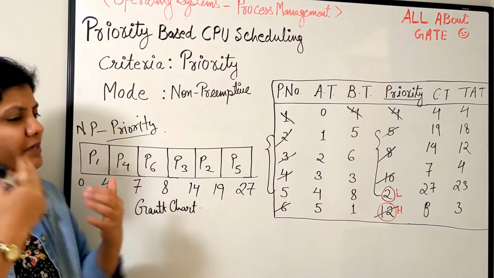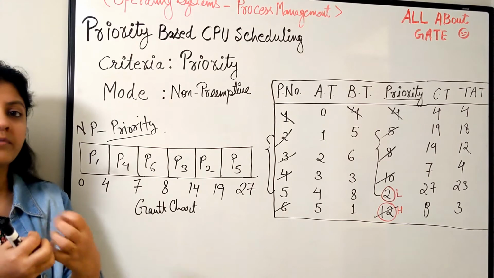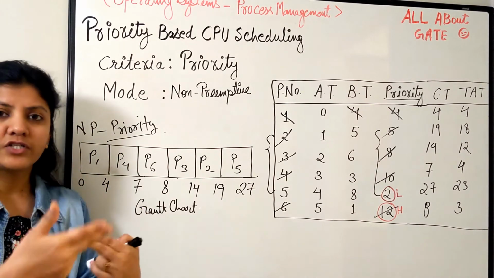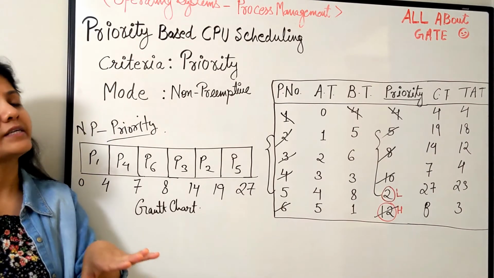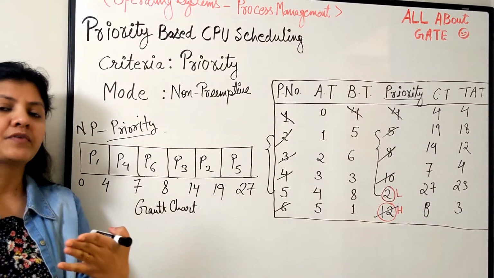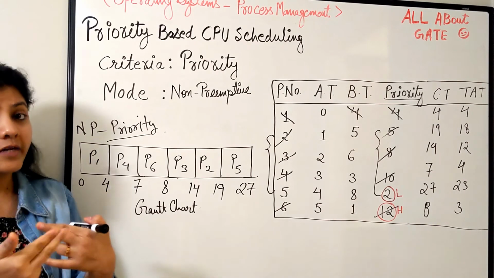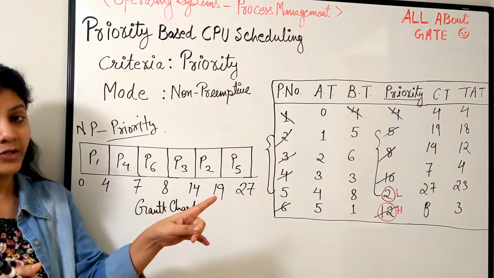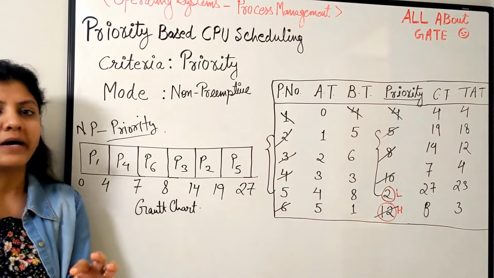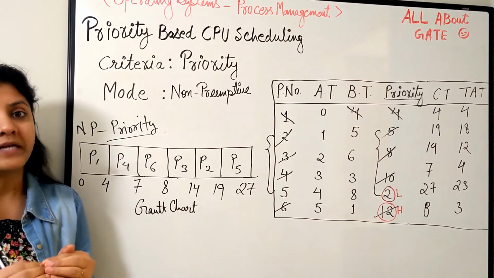And somebody might think, again, the priority is fixed, so that makes the algorithm sort of static. Whoever has the higher priority will always be given the higher chance, and whoever has the lower priority will always get starved, because it's not that we always have just 5 processes. Processes will keep on adding, and if a new process which is added into your system has higher priority than the one already in the ready queue, then that one will get preempted. So that's one of the drawbacks of the priority based scheduling algorithm if we just make use of static priority.